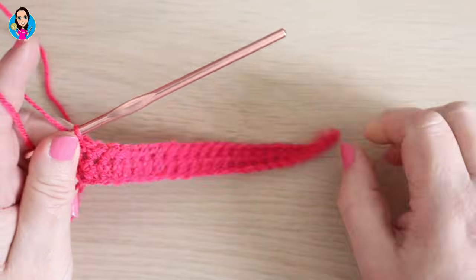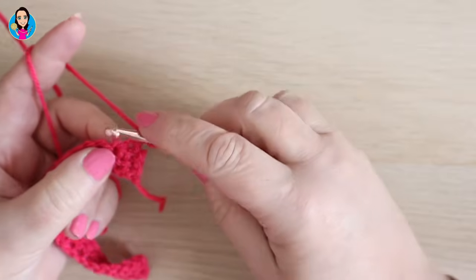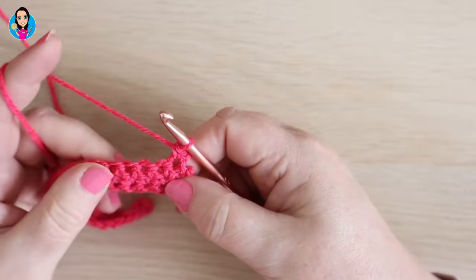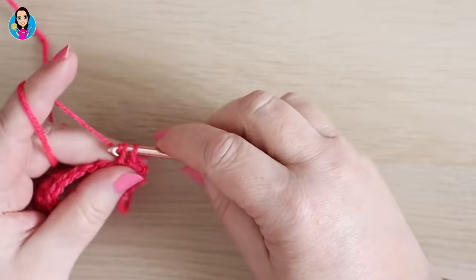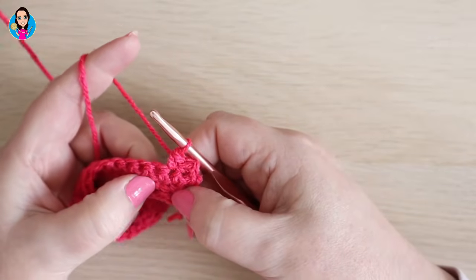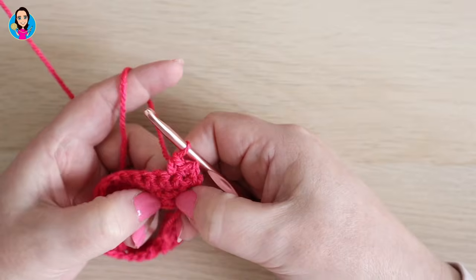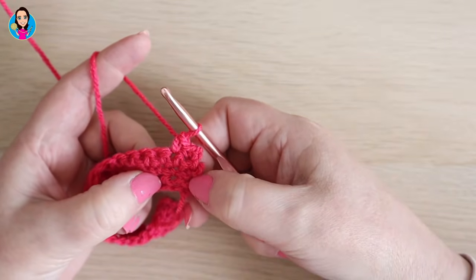So row 4 then, we're going to chain 1 and turn our work. Going to double crochet in the very first stitch. Going to double crochet in the second stitch. And in the third stitch we're going to be working into row 1, so not the foundation chain but row 1, that row of double crochets. If you can find the third one along, so 1,